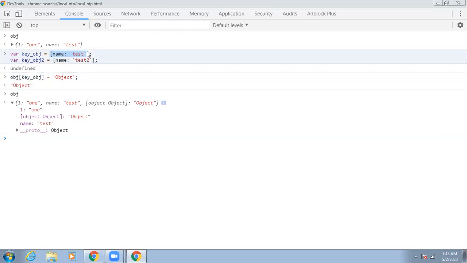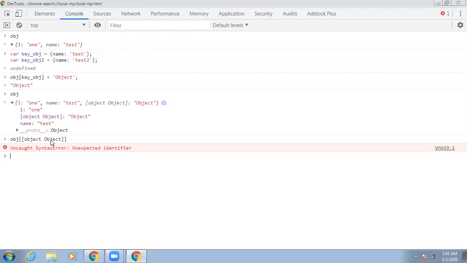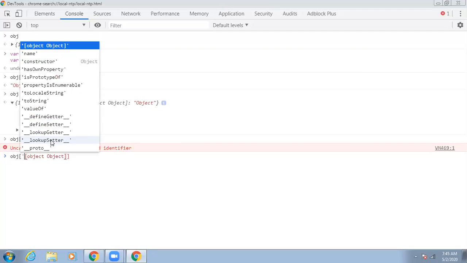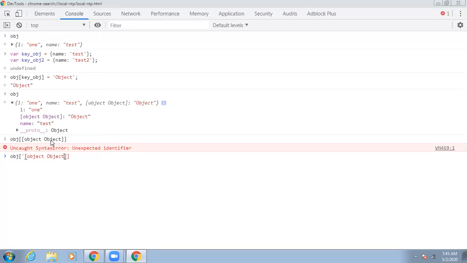When an object is converted into a string, this is how it looks: object. So how do we access this? If I access like this, I'll get an expected identifier error. Let me try with this. This is how you're getting it, right?